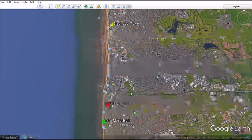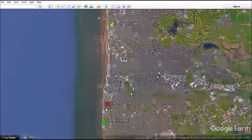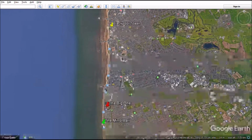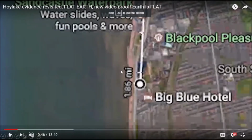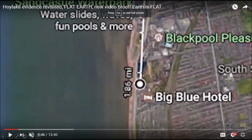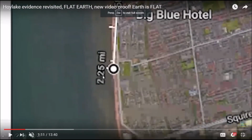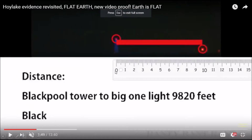So just to give you some orientation, Blackpool Tower is located here. The big one is here, and the Mirror Ball is here. And what Ranty Rant Rant has done is to measure the distance on Google Earth between Blackpool Tower and the big one at 1.86 miles, and has done the same thing to the Mirror Ball, so that's 2.25 miles, and he has converted those distances to feet and then placed a ruler to scale against his photograph,